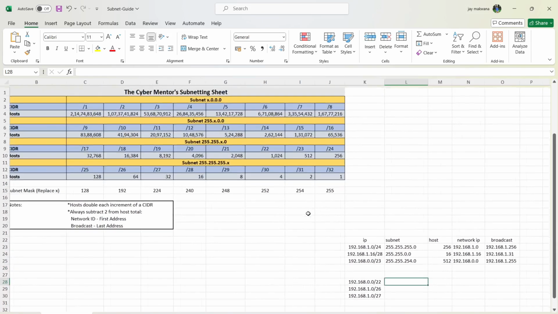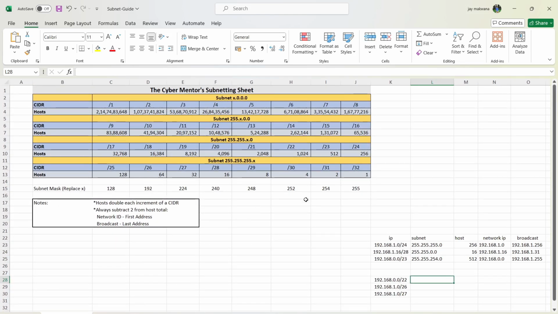So this is how you can calculate the subnet mask of any CIDR, from /24 to /32. Based on that, you can calculate how many IPs you will get, what the network IP is, and what the broadcast IP will be. So this is a very important part of subnetting. This is the basic. In this series we are not going to dive deep into the private classes and stuff,